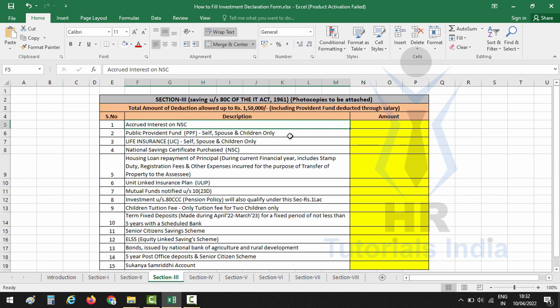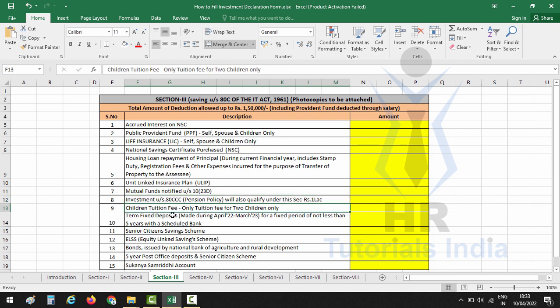Now let us see what all are exempted under section 80C. Accrued interest on NSC, public provident fund PPF, life insurance scheme, that is LIC, or any other insurance policy for self, spouse and children, NSC, National Savings Certificate purchased, home loan repayment of principal amount, which also includes the registration fee, ULIP, unit linked insurance plan, then mutual funds. Then comes investment under section 80CCC, pension policy, which also qualifies under this section, and the limit is up to